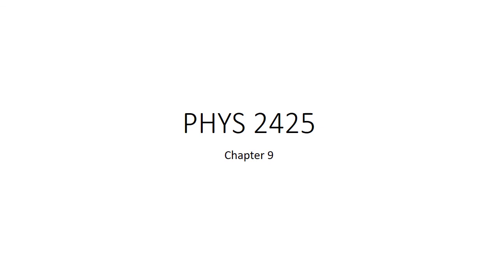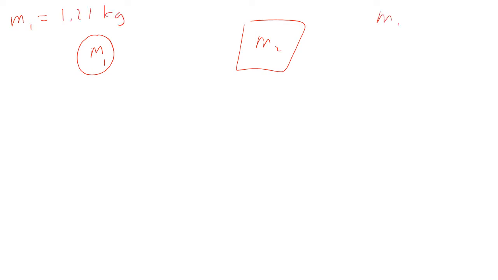Okay, so let's do an example here with another type of collision. Let's say that we have a mass m1 and another mass m2. So let's say that m1 is going to be 1.21 kilograms. Let's say that m2 is going to be 2.64 kilograms. And so let's say that m1 is moving with some initial velocity v1, and let's say that the other object